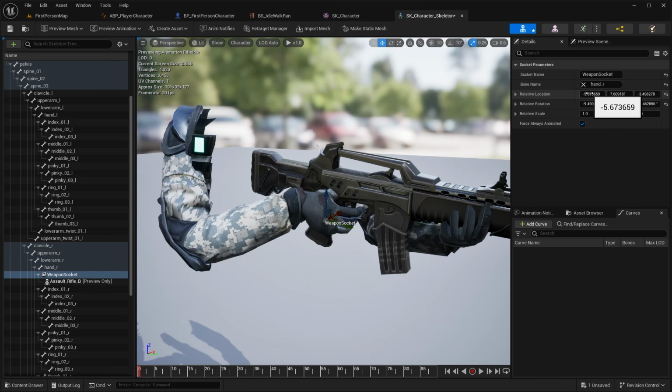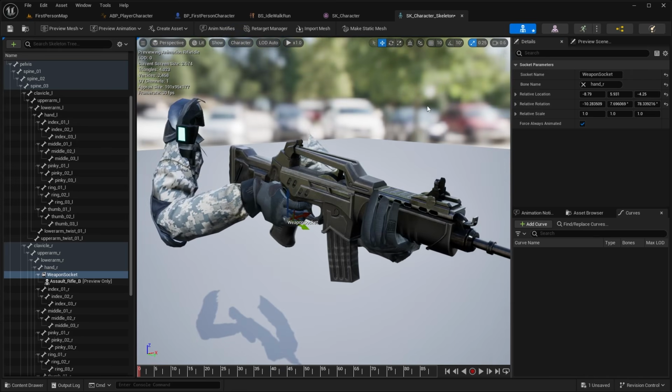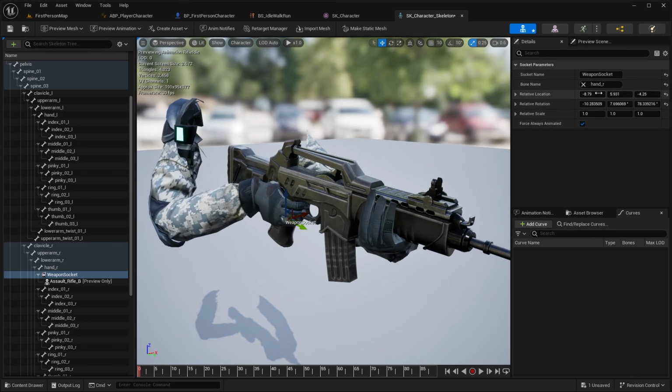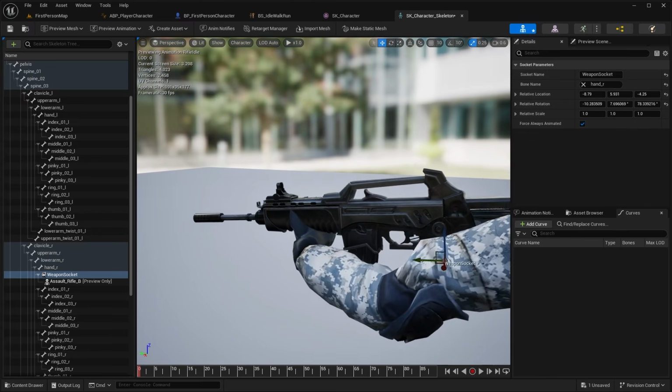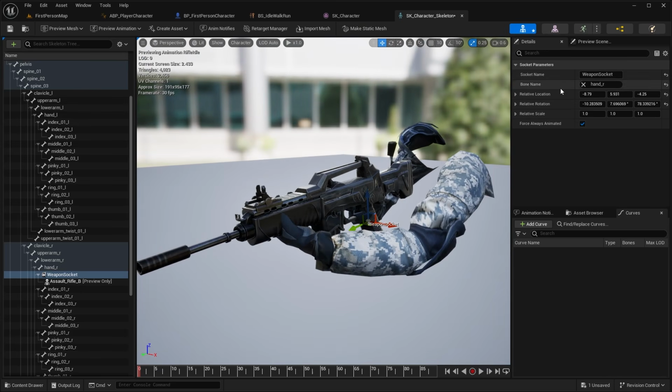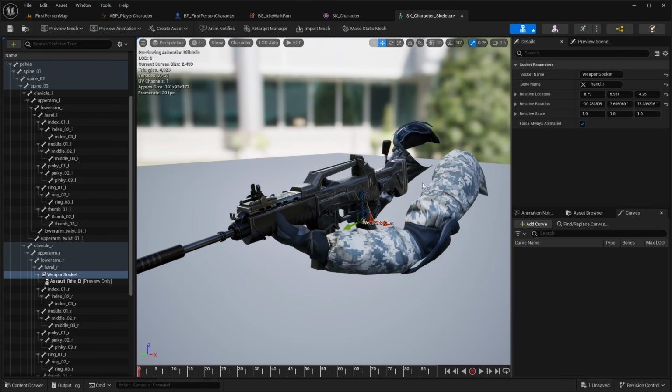So again, you're free to pause the video and just copy the exact values that I have to get the perfect placement. So these are my values. You guys can pause the video and just copy it. So I have my location and my rotation, and this will give me the perfect placement. This is just what worked best for the animations, also for the aim animations. So just copy the values that you see on the screen, and then just click save